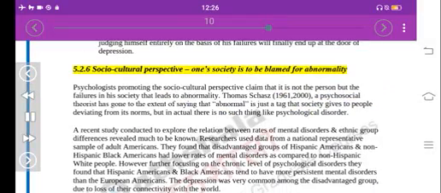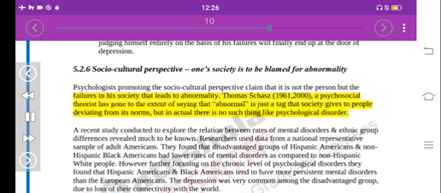5.2.6 Sociocultural perspective. One's society is to be blamed for abnormality. Psychologists promoting the sociocultural perspective claim that it is not the person but the failures in his society that lead to abnormality. Thomas Szasz (1961-2000), a psychosocial theorist, has gone to the extent of saying that abnormal is just a tag that society gives to people deviating from its norms, but in actual there is no such thing like